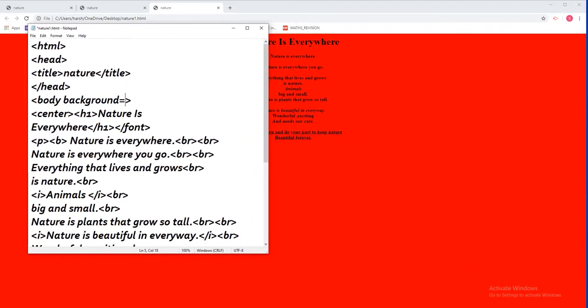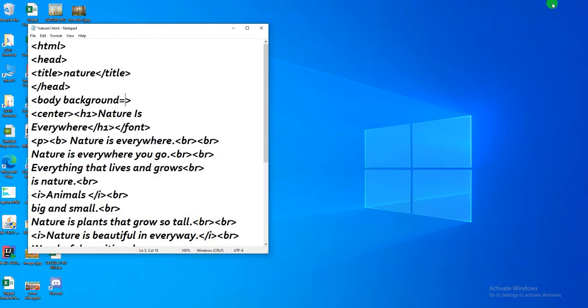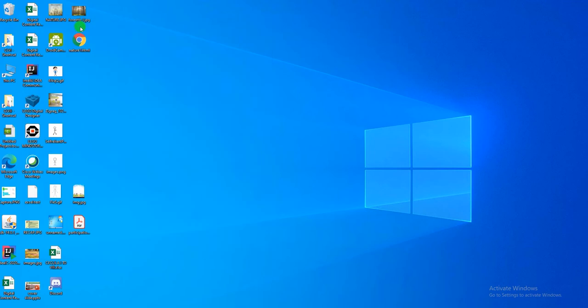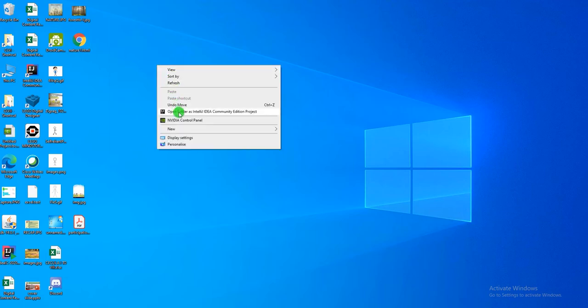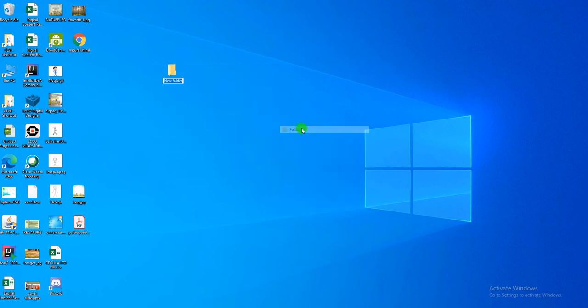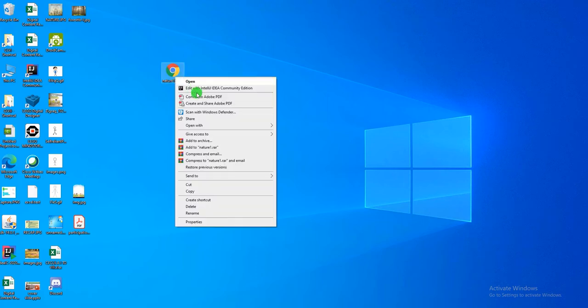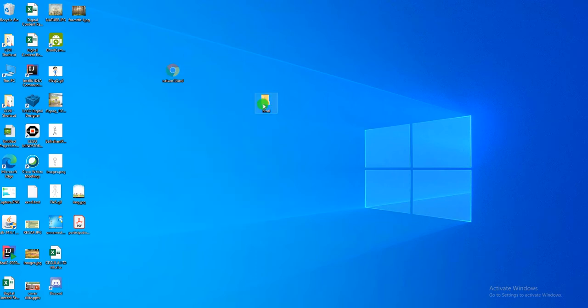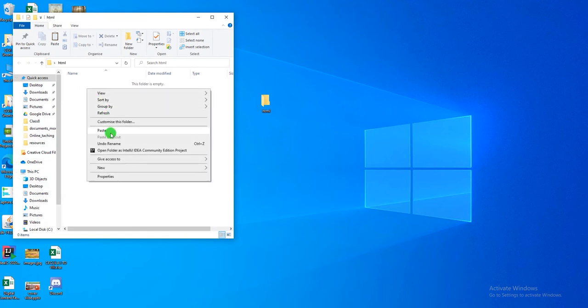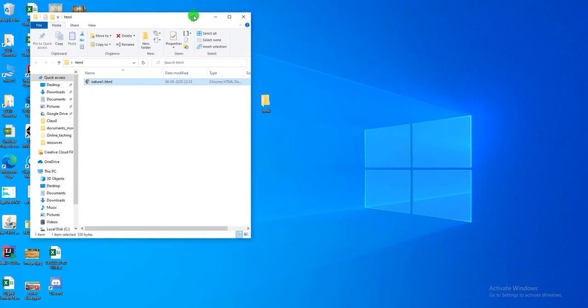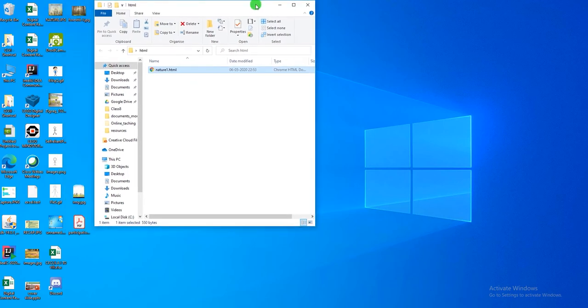the picture. Now what do we do generally to make our things simpler is that wherever my file is, right now my file is on the desktop, so I can put the picture also on the desktop only. Or if I get confused like this, what I'll do is I'll create a folder of mine with the name HTML. I'll simply cut the document from here and I'll open this. I'm going to paste my document here, and in the folder only, I am going to take the image.